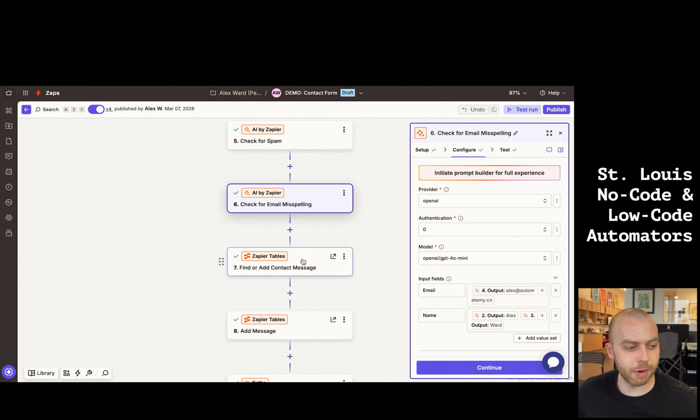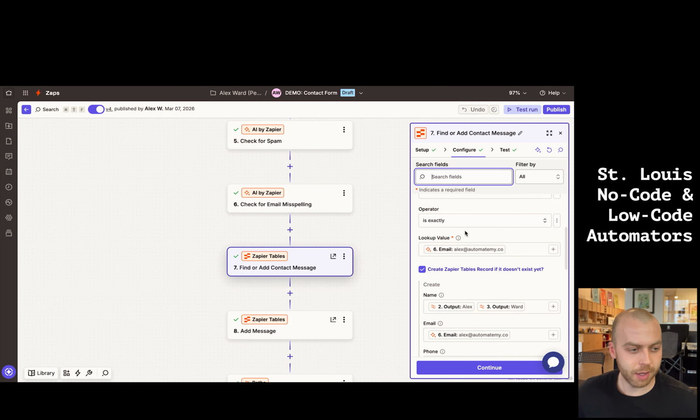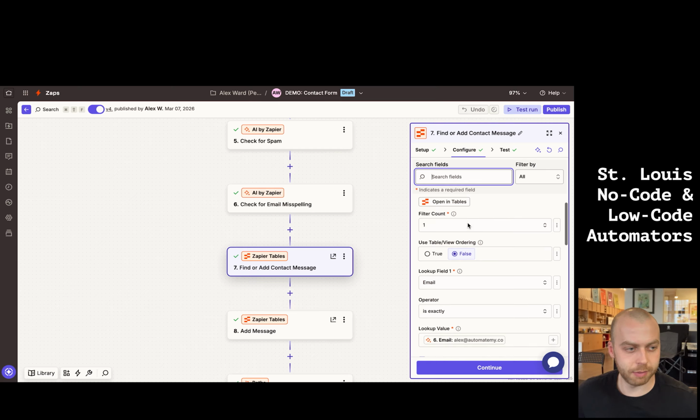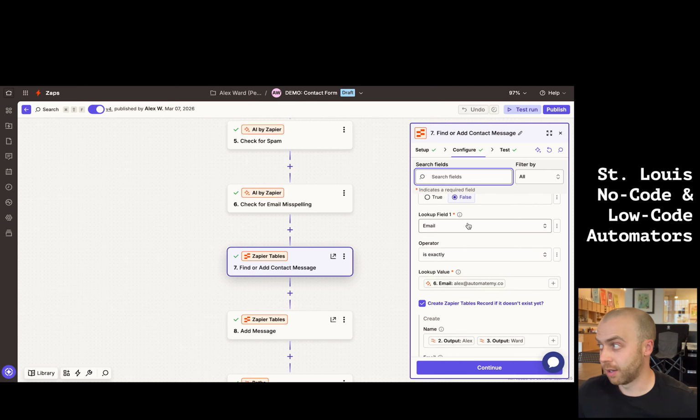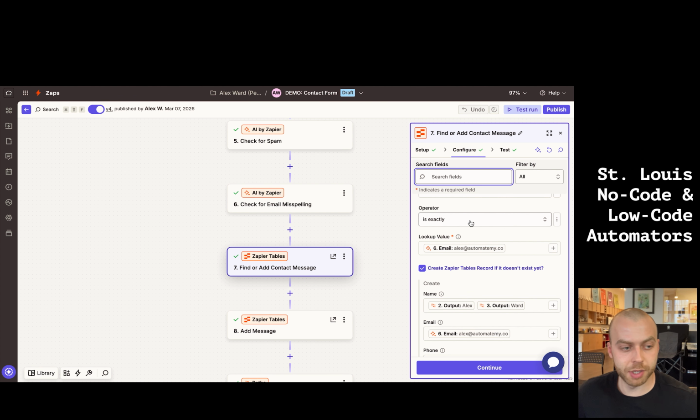Okay, so we're moving on here. So we're finding or adding the contact message. So I'm using Zapier tables to track all the contact messages. And in order to deduplicate,